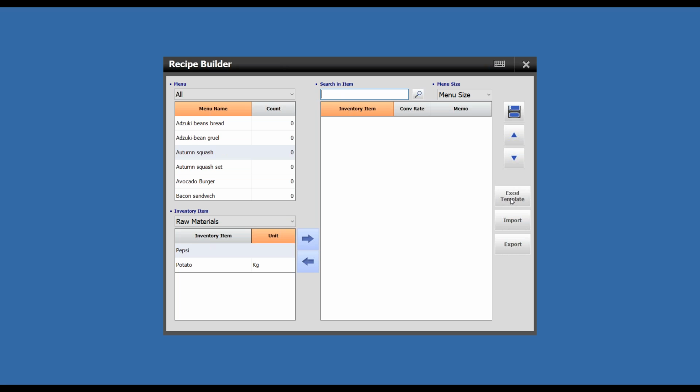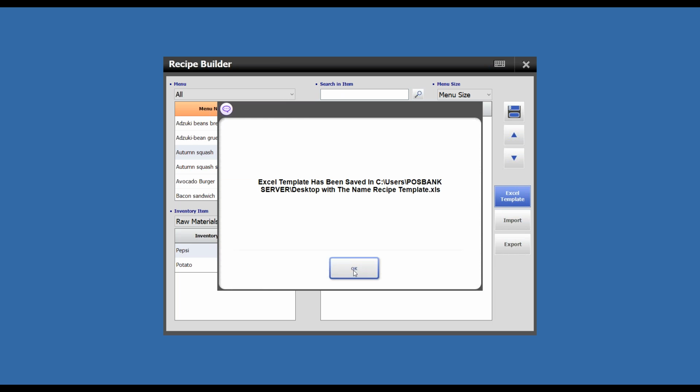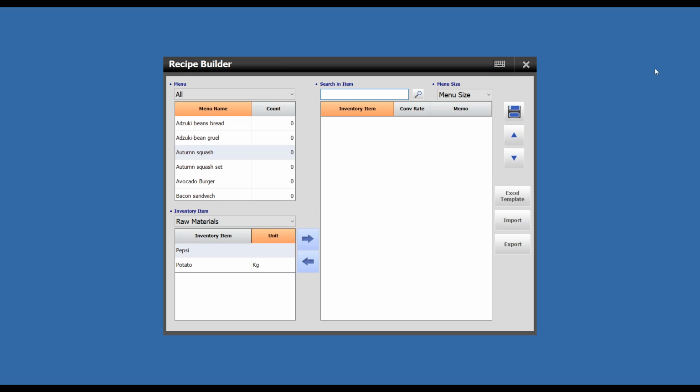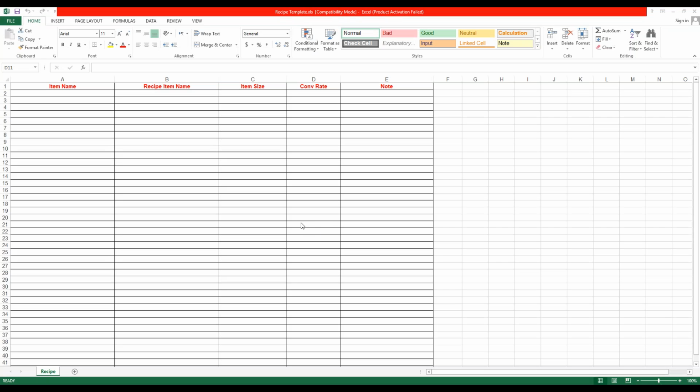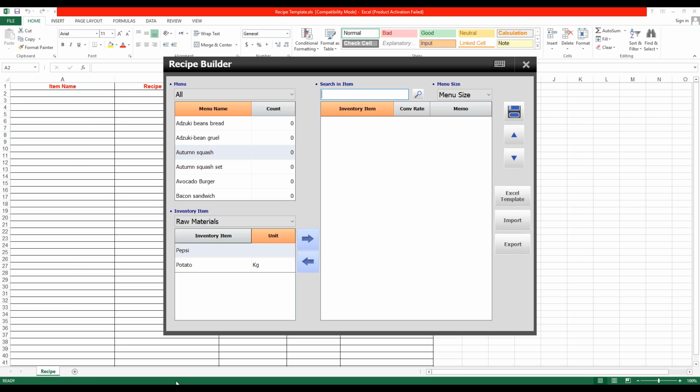Also, we can import and export by Excel by clicking on Excel template. It will be saved. Just 1 minute. As we can see, this is the Excel template for recipe builder. We can import it directly